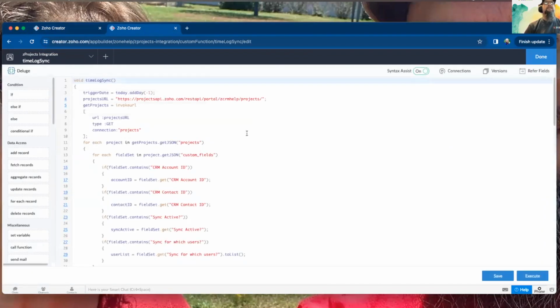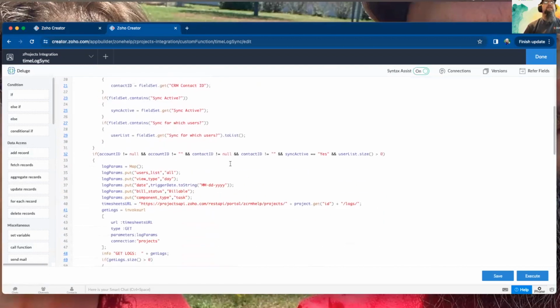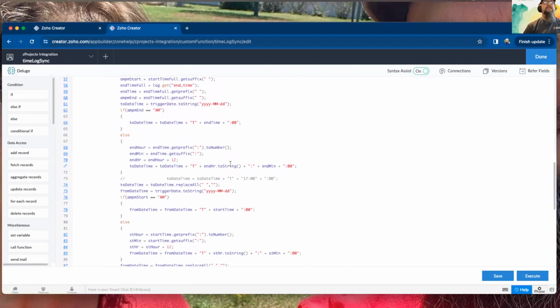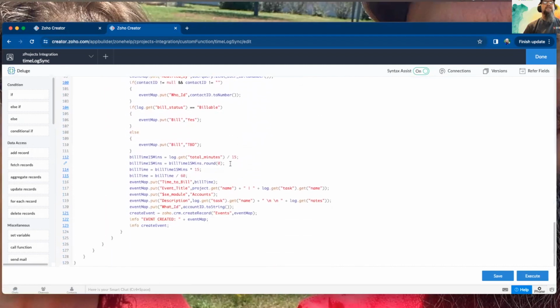And what we were doing with this is on a daily basis, we want to be able to grab from our projects the tasks, basically the time logs for the previous day, and then create a meeting in the CRM. So pretty simple little task. It's nice. It's a way to integrate both projects, Creator and CRM all together. And so it's fairly easy to, as you can see,